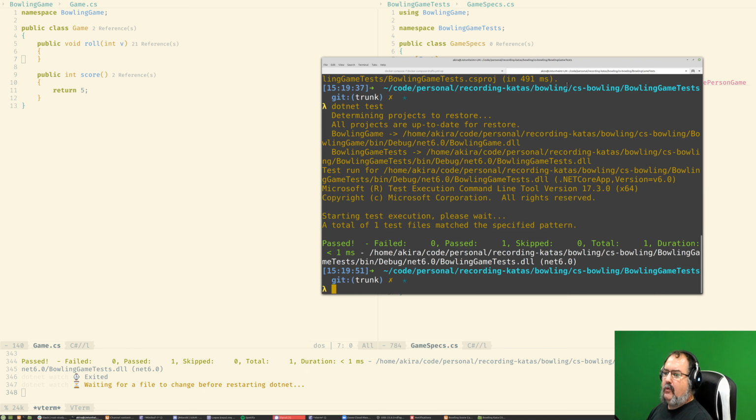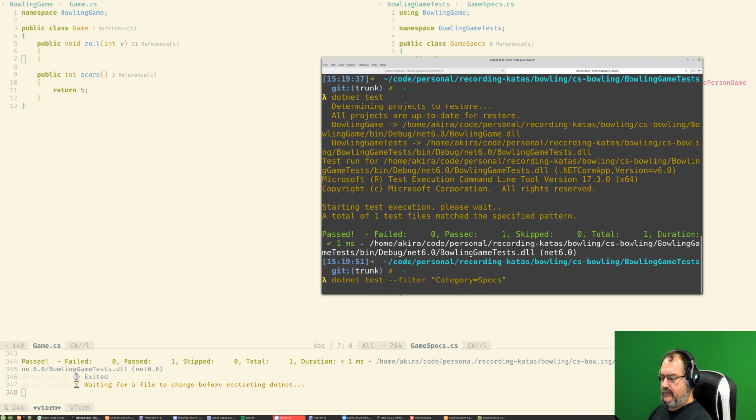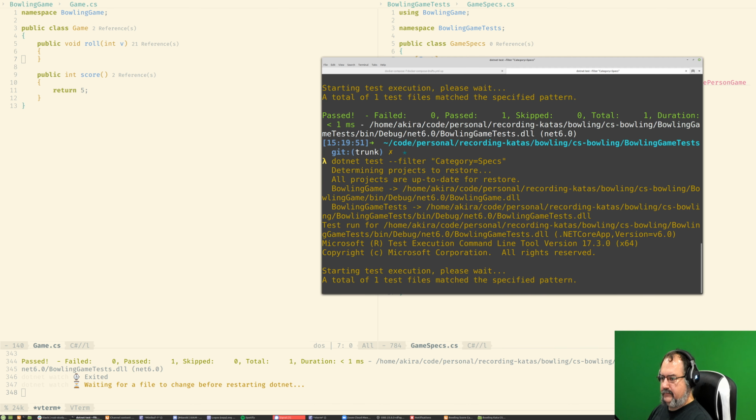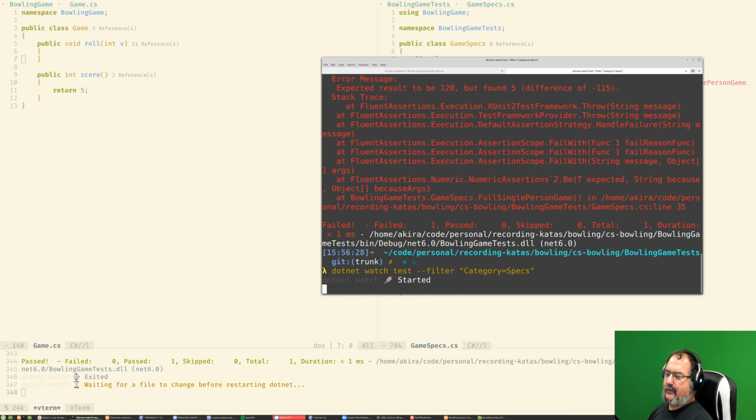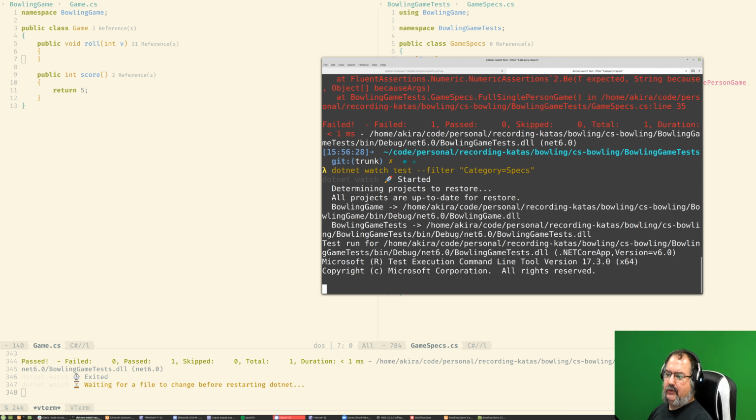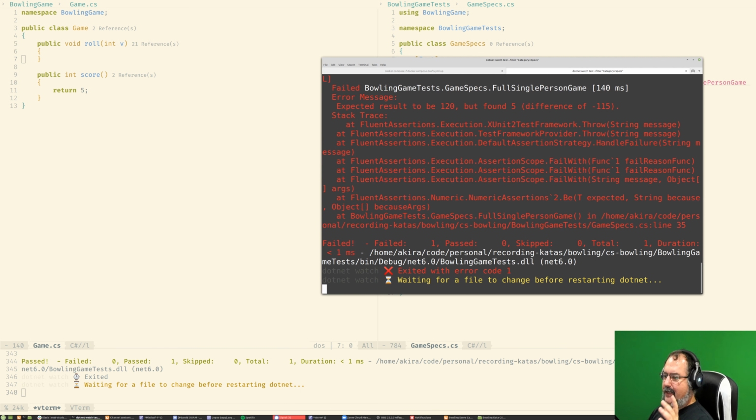Now, I could always come over here and decide at this point to run that test, specs. Or to have it watching on a watch over here, yeah? It's completely out of the way because I can put that into my other screen, let it be running.